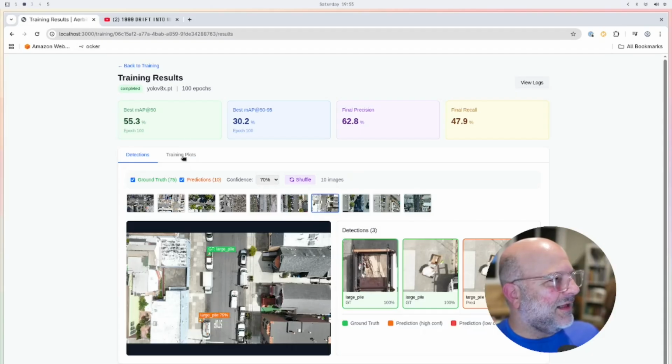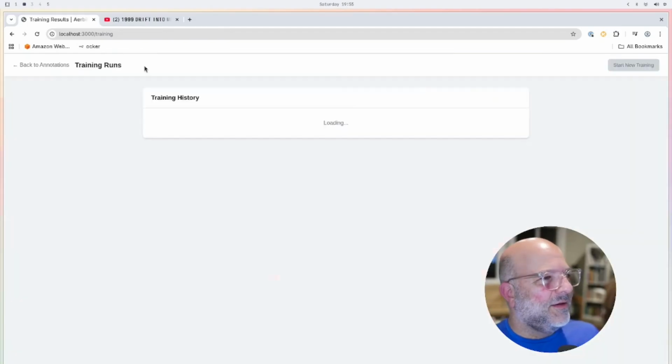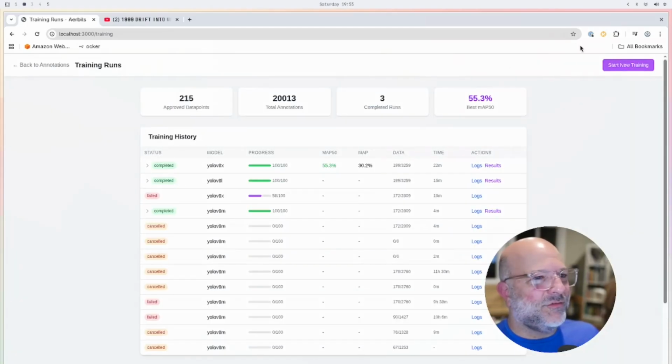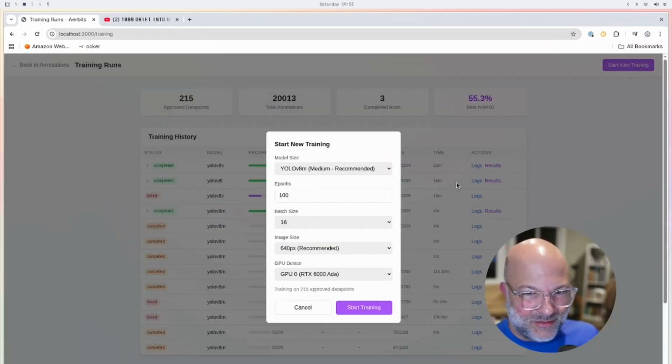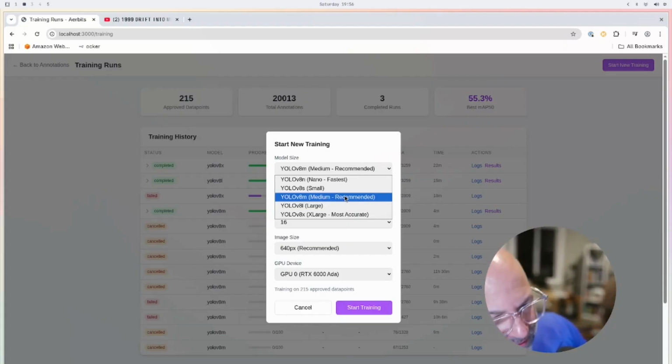So let's say I'm not happy with the training here, and I want to start a new one, and I've just labeled a few more images. Now I can go here and click start training. I can pick my YOLO model, so I'm going to use YOLO for now, and I can explain some of the reasons for that. One is that YOLO is, I believe, now a transformer-based architecture, so it's better than the old convolutional neural networks I was using. But also YOLO V8 will run very efficiently on a Jetson, like a Jetson Nano Orin,